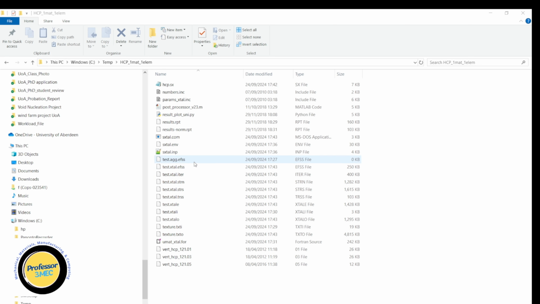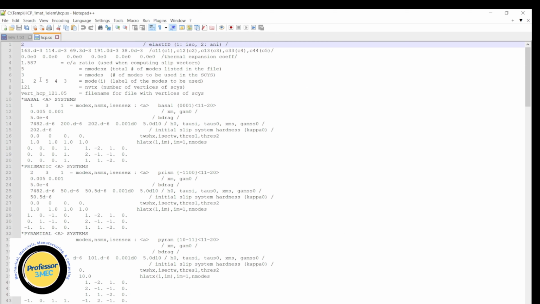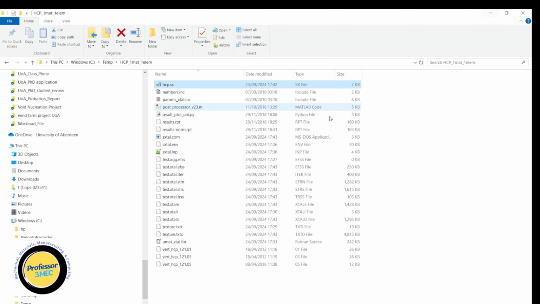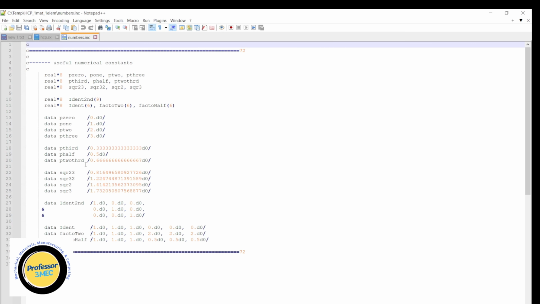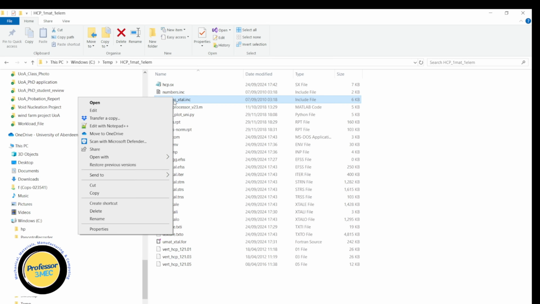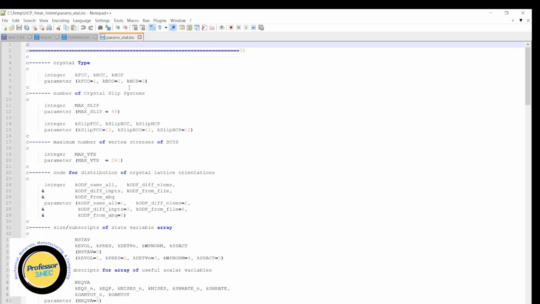So what you have here is you have an HCP.sx file. This file is the one which defines all the material parameters which are involved in an HCP crystal, or to define the properties of the HCP crystal. I will come back to each one of these later. Then you have some parameter files. In the current case, we don't need that, but there are some parameters which you can define in this parameter.inc file. And also there are some crystal parameters which you can define in this